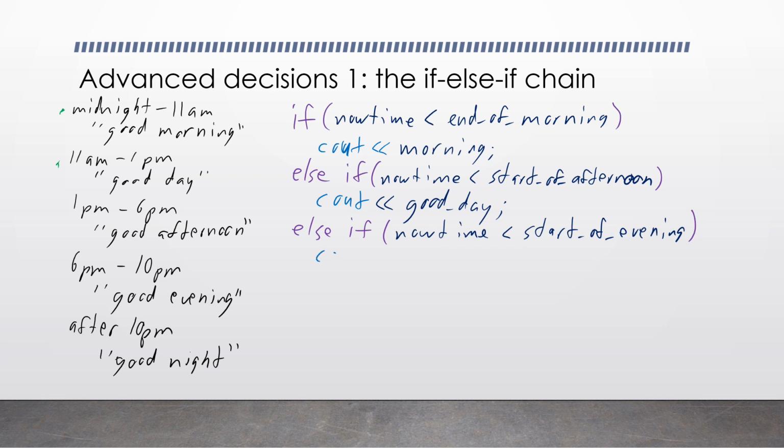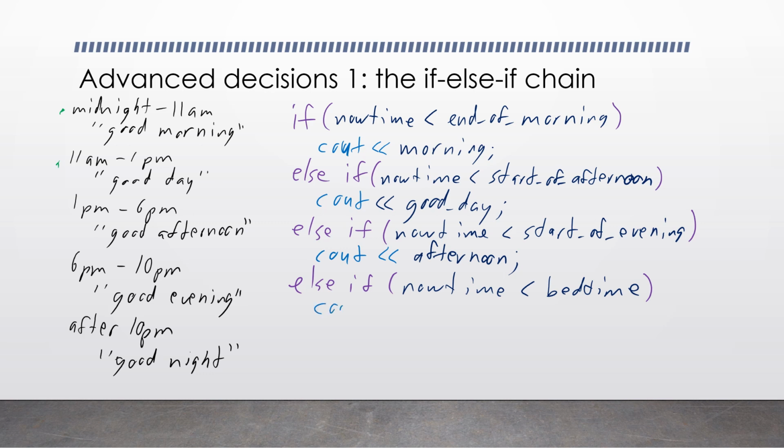Okay, I'll see out my afternoon phrase. So you see how this works? I could do another else if for less than bedtime, and then, okay, so I get else if now time less than bedtime, then I see out my evening phrase,